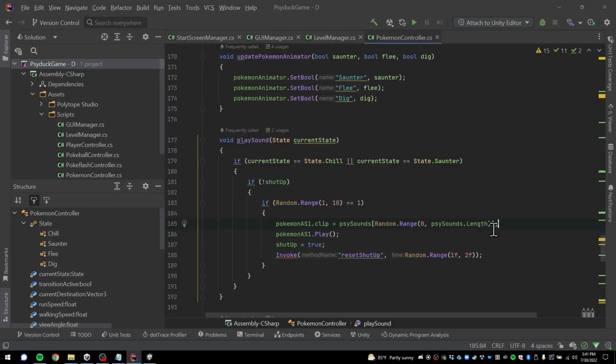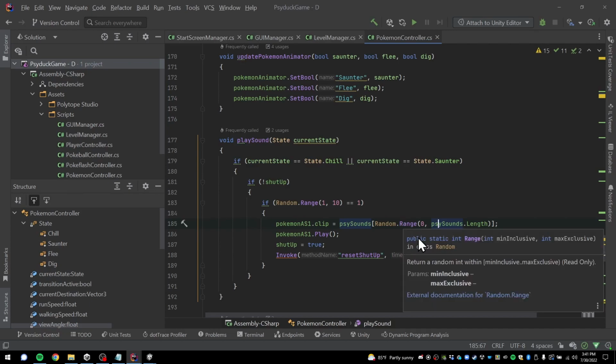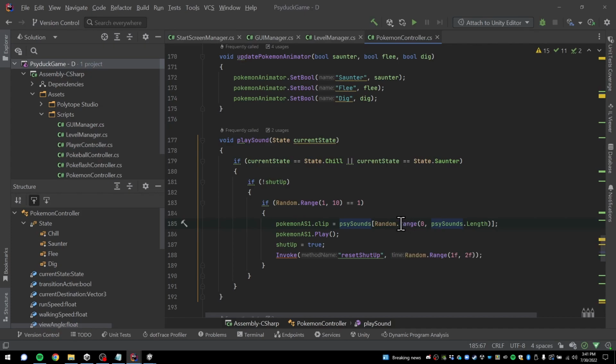Now, as I was testing this, I did notice something peculiar about Unity. So as you can see, I've updated my code here and I turned it into sizesounds.length and I removed -1. Why did I do that? Well, if you look at the documentation here, it says that the first integer is min inclusive and the second one is max exclusive. So that makes a big deal because the same function, if we're using floats, will have, so let me demonstrate this. I'm just going to put F's here. Don't